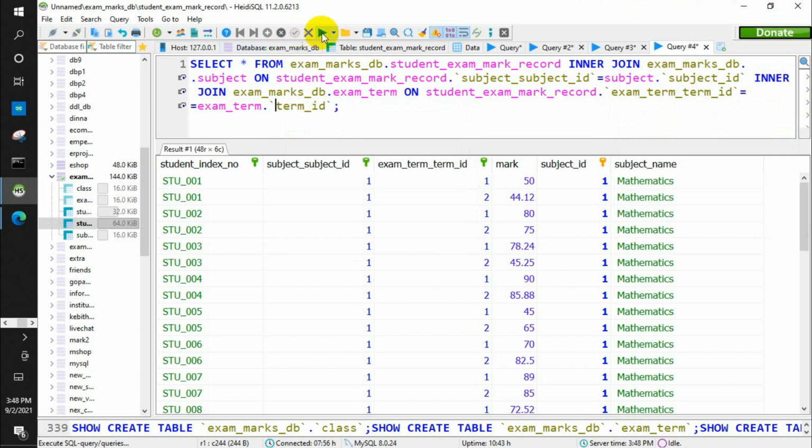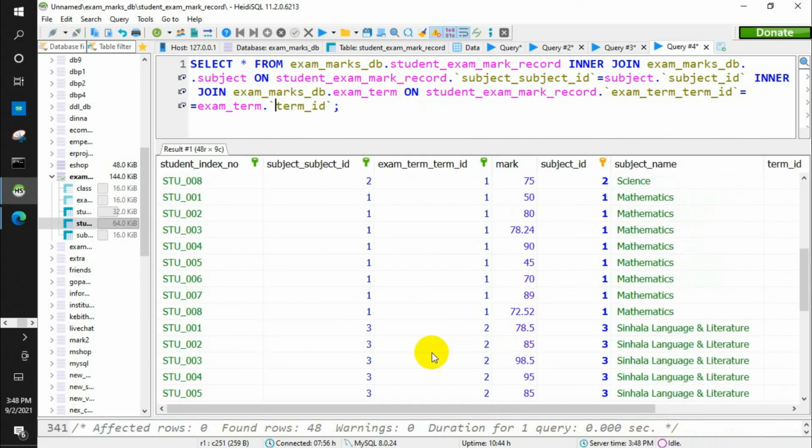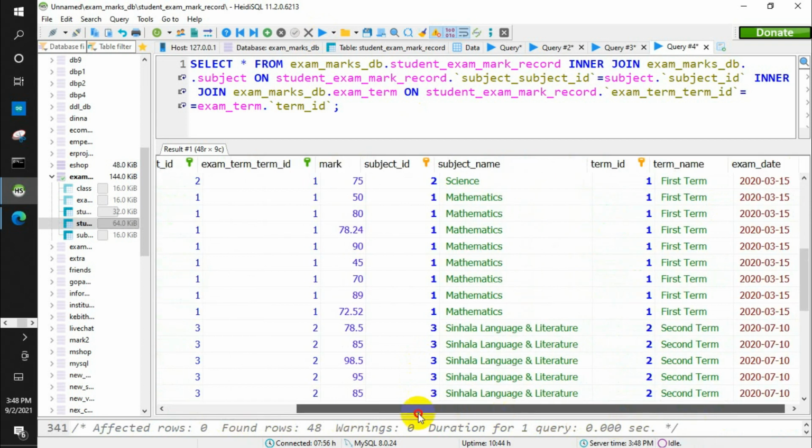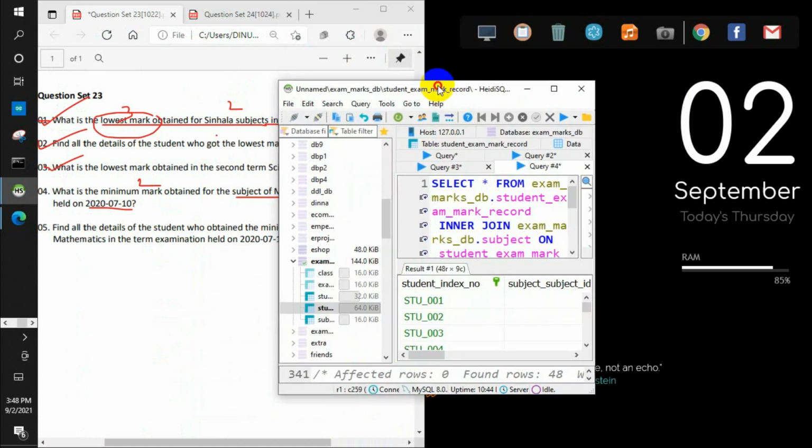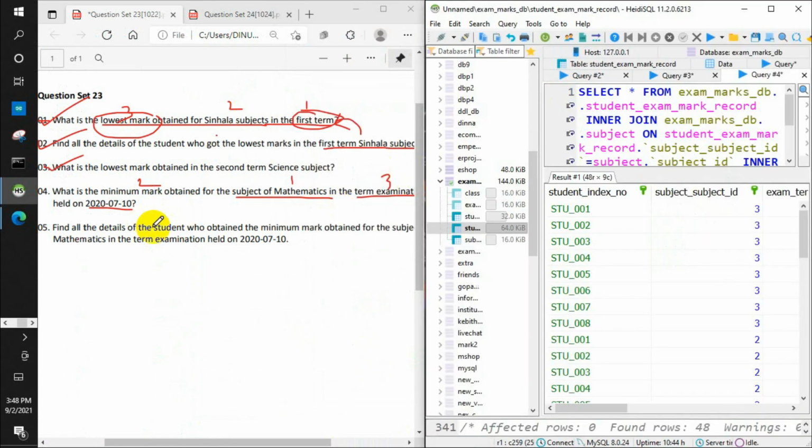Now let's run this query. Now we have also the exam term table connected. Now we have all the tables connected: 1, 2, 3. We have 3 tables connected.